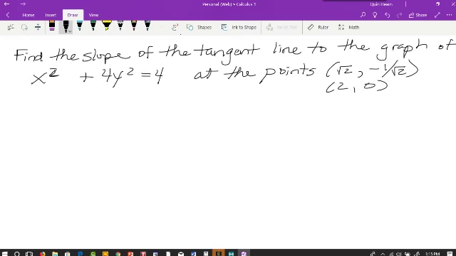You might see it better if we divided through by 4 to get a 1 on the right. We would have x squared over 2 plus y squared over 1 equals 1. And this would indicate the lengths of our major and minor axes. And so what we would get is an ellipse centered at 0, 0, which